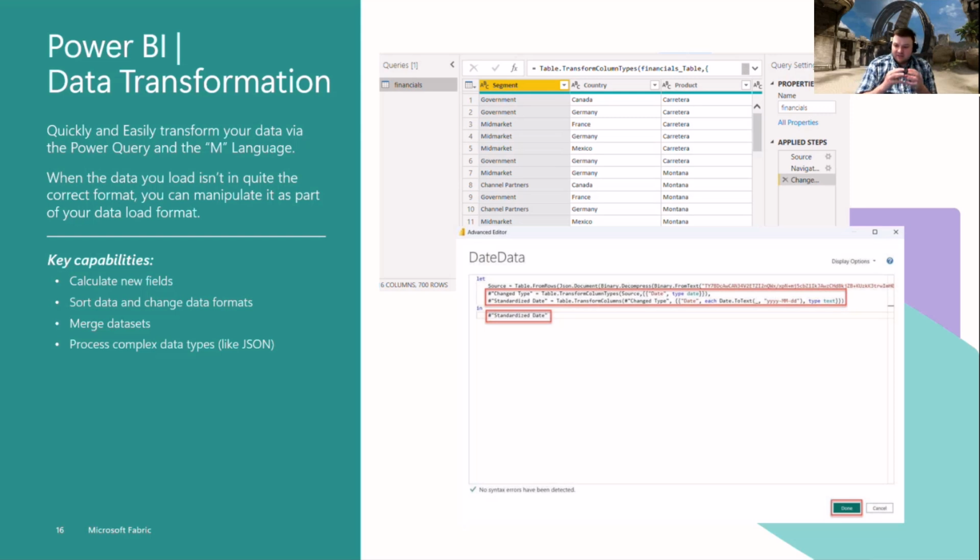And what it's doing is converting those steps that you've done in the UI into the actual M code on the back end. You can pull that up and see here in that bottom little window, that's the actual code that's getting generated. So whether you're merging data sets, saying, hey, I got these two things from different sources, I'm going to merge them up, do joins, whatever it is, we can do all that inside Power BI